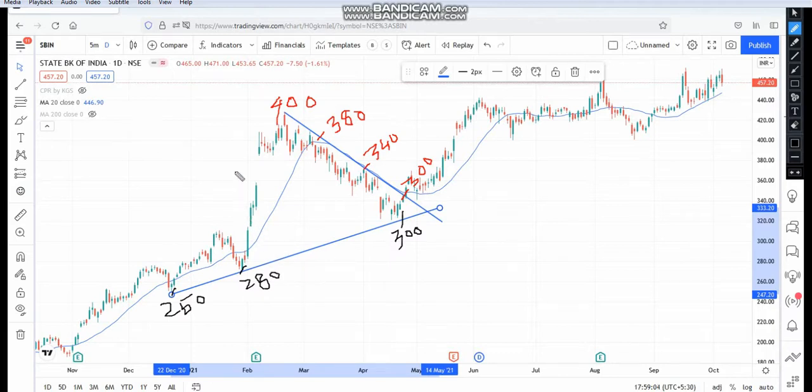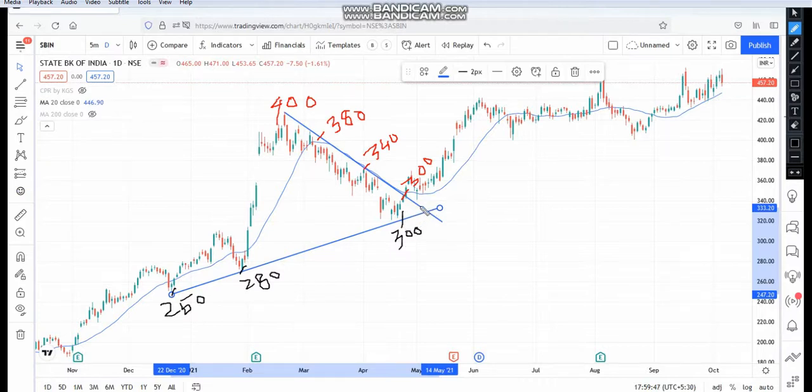So, as I told you, there is a battle between buyer and seller. The battle is going on, and the buyers are putting more pressure to push up the counter, 250, 280, 300, and they are pushing the counter towards upside. Likewise, the sellers are putting more pressure. They want to bring down the market, so they are putting more pressure to push down the counter. That is the reason why the prices were coming down. Here you see 400, 380, 340, 300. At the end of the battle there should be a result, there should be a winner. Here the buyer was the winner.